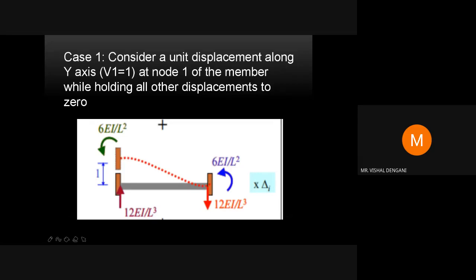And if you want to find the value of the stiffness coefficient or the transverse displacement coefficient along y direction, it comes out to be 12EI/L³. This I will explain tomorrow, with all the explanations, so that it will be easy for you to understand. I will continue the same derivation tomorrow, so that you will understand better.